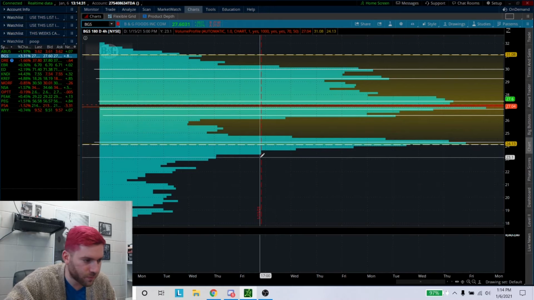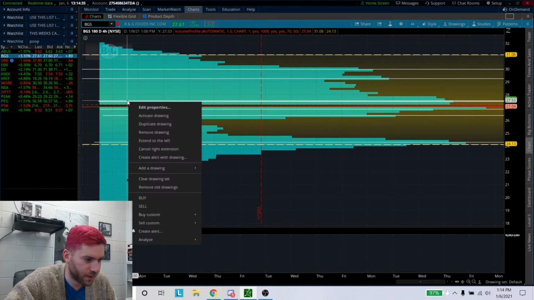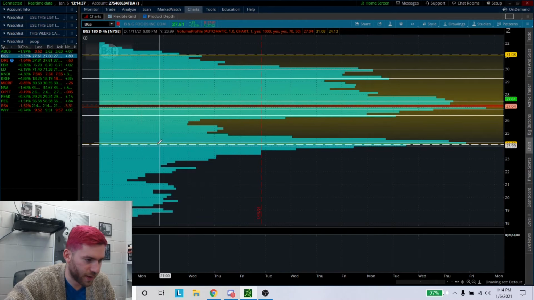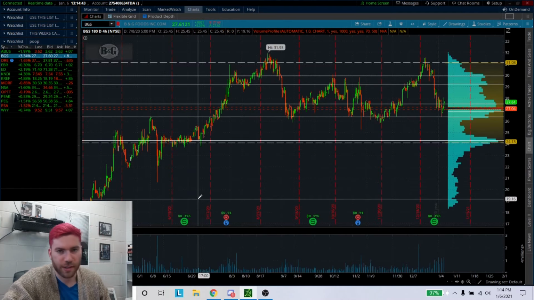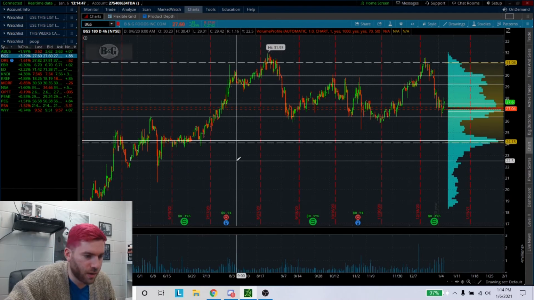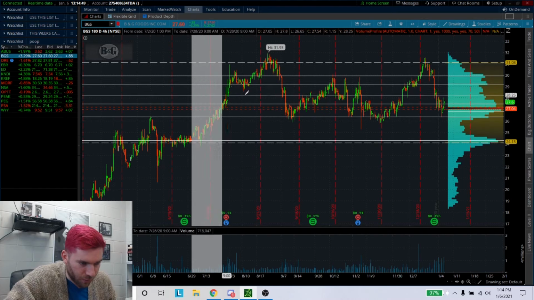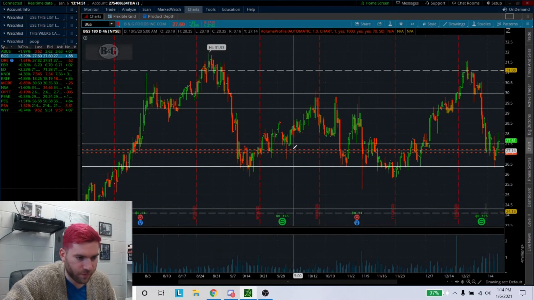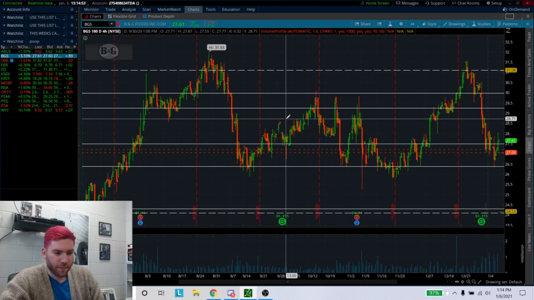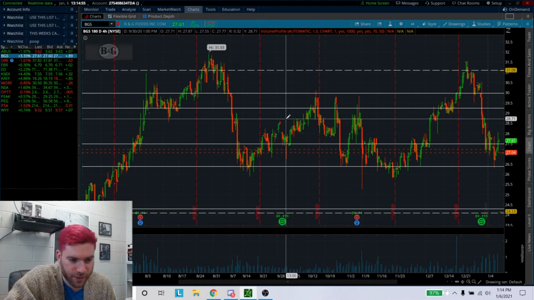Now, if we were to extend left all of these, and we're going to do that, let's extend left. And again, I've not looked at the price action. I have no idea what's actually going on. And if I zoom out, you will see how well that lines up. Now, is it perfect? No. That's the limitation thereof, right? Now, this looks good to me. If I'm just going blindly off of a volume profile, I have a very good indication of where my supports